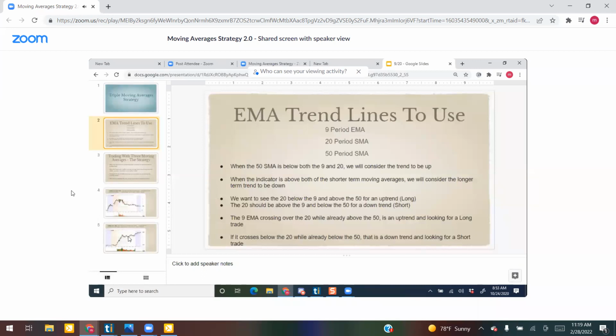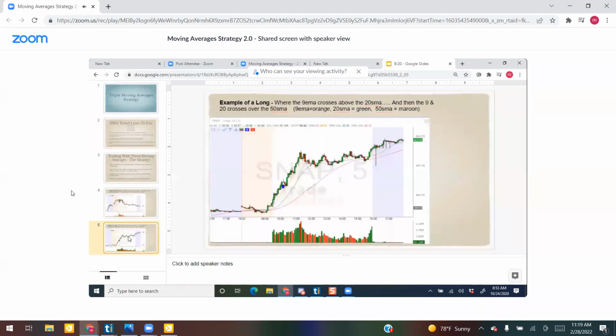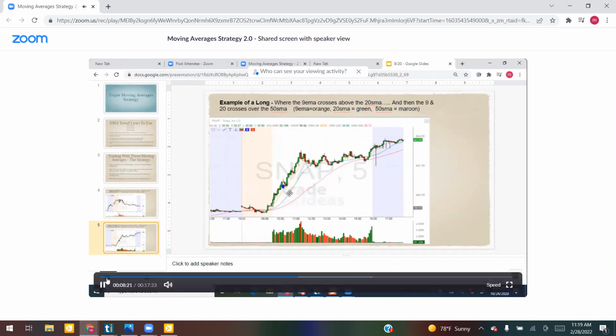So let's quickly go to slide 5. The 50-day moving average is the maroon. So that first bullet point we just looked at is if the maroon 50-day moving average is below both the 9, which is the orange, and the 20, which is the green,